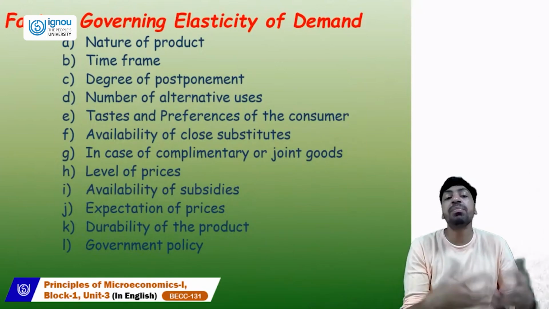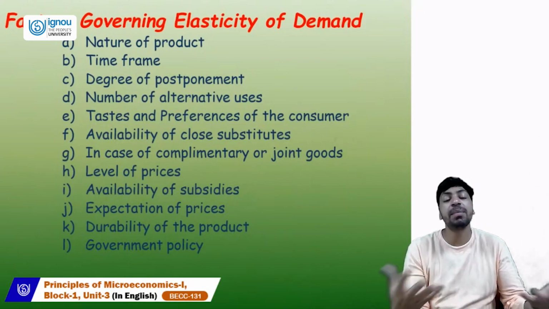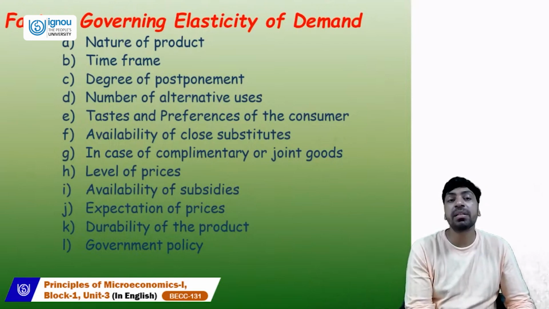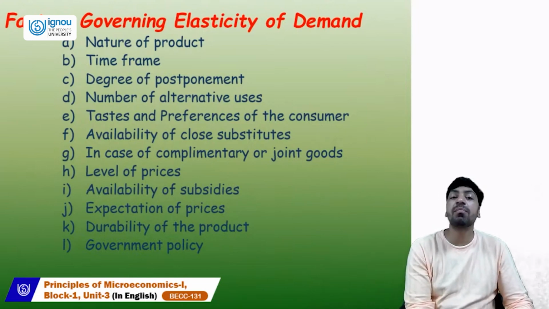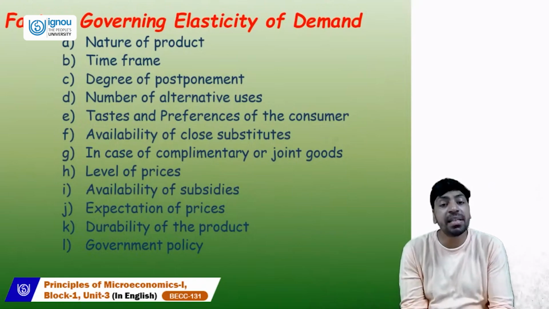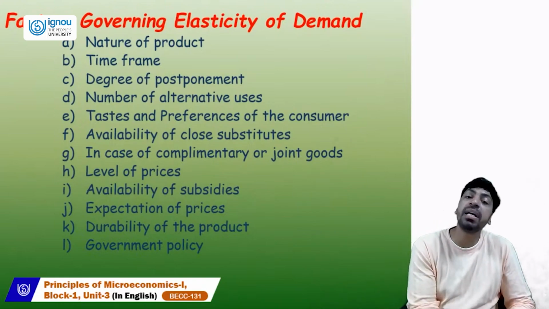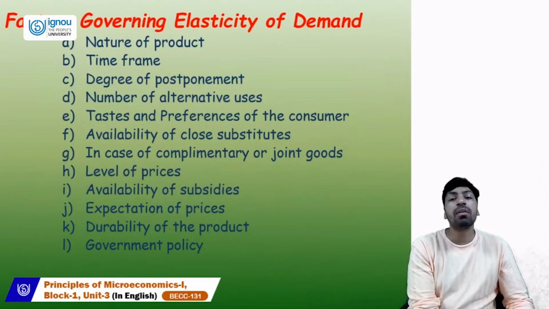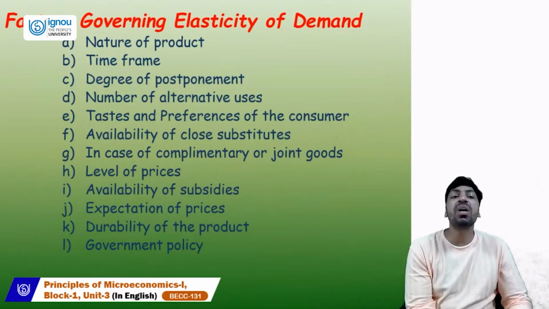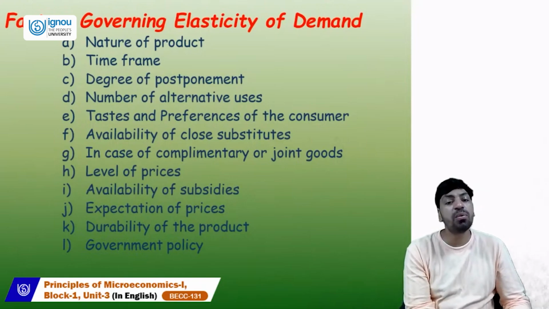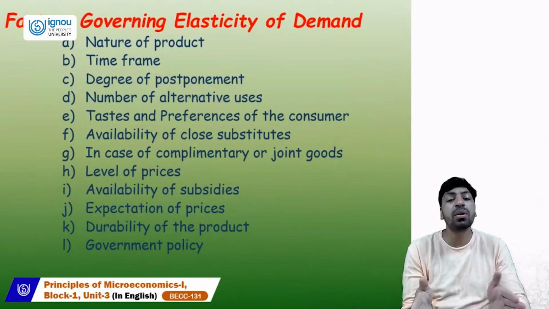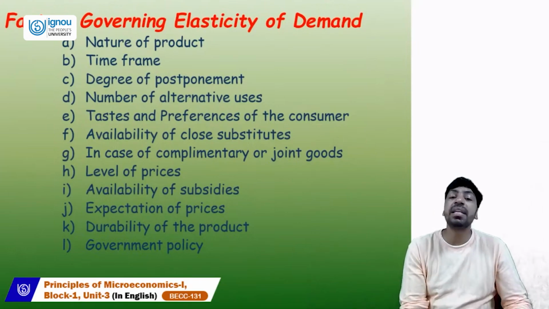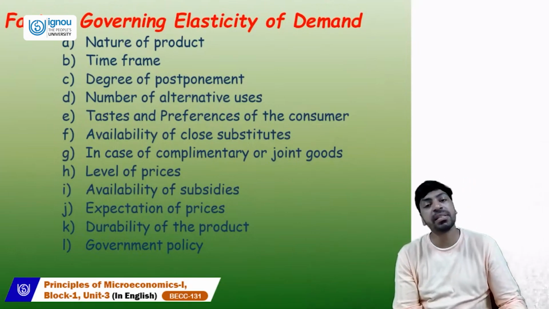So definitely it is unpredictable, and it keeps changing within a second, within a minute. Accordingly the elasticity of demand could be less elastic, and it could be more elastic, depending upon the taste and preference of the consumers. The next one is availability of close substitutes. The more close substitutes, the more elastic, and the fewer substitutes, the less elastic